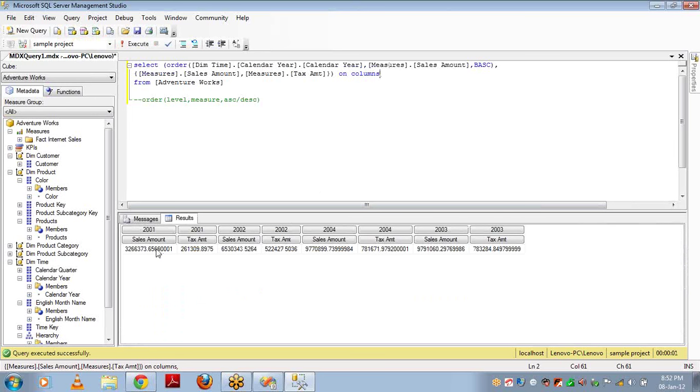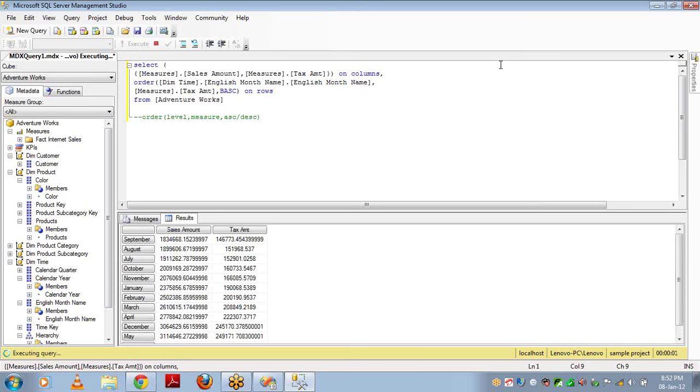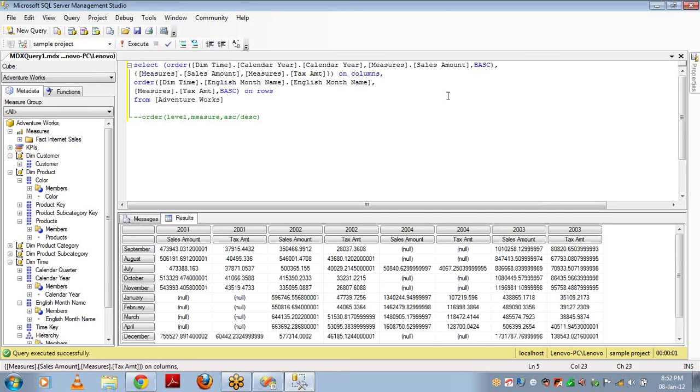Let's see only sales amount. I ordered the sales amount, 3697979. It is ordered by the sales amount. And here in this case I am giving rows. I am taking this column order from the columns. Then again you can see the data is ordered based on the tax amount. So when you add both the things, it will take the cross join and it will split and show the data in this fashion. Okay, this is how the order function works.